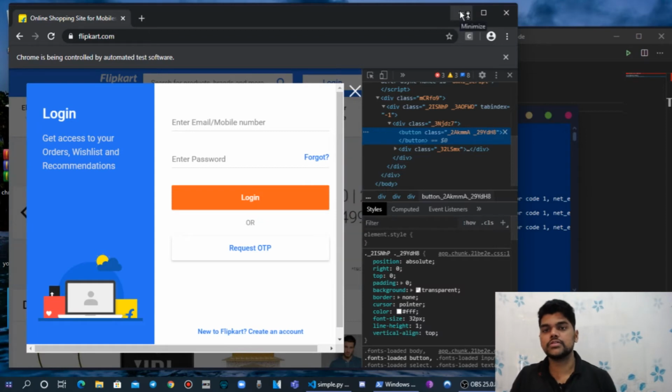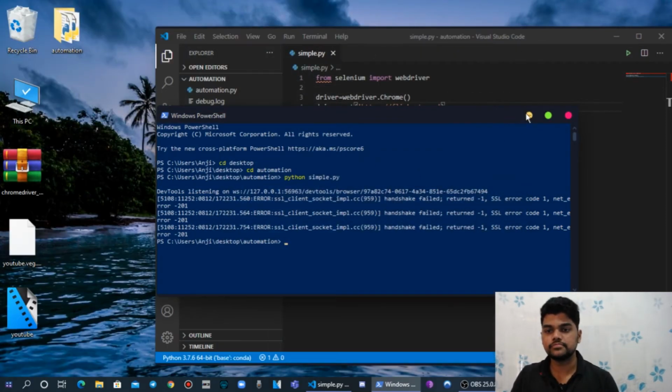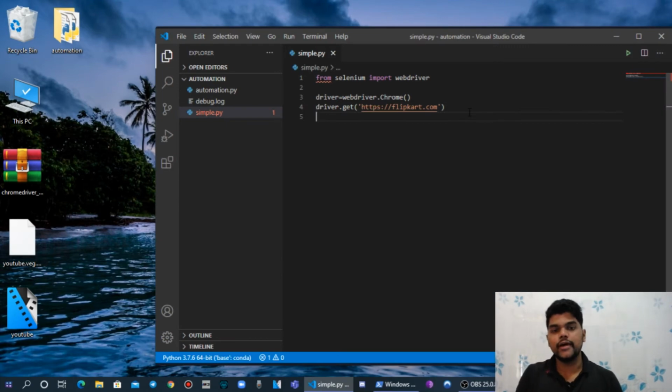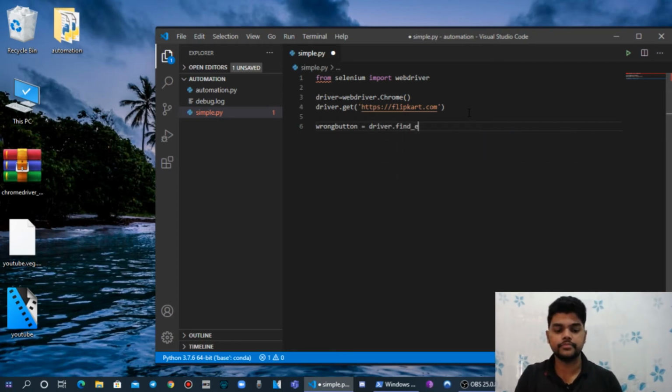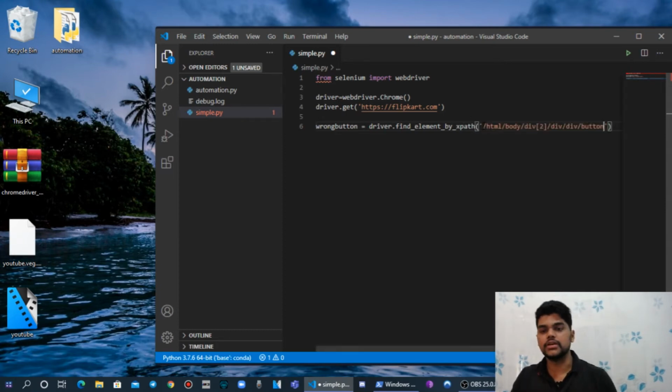After this we will go back to our editor. Again we have to take a variable name like cross button. I am assigning that XPath, that element, to this cross button. So driver.find_element_by_xpath, and we paste that XPath here.